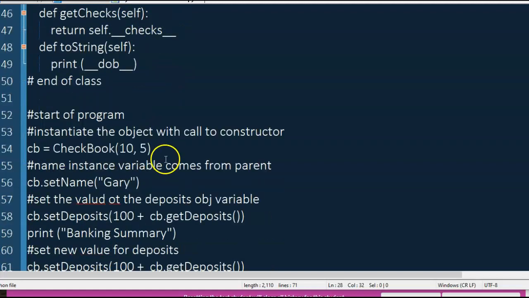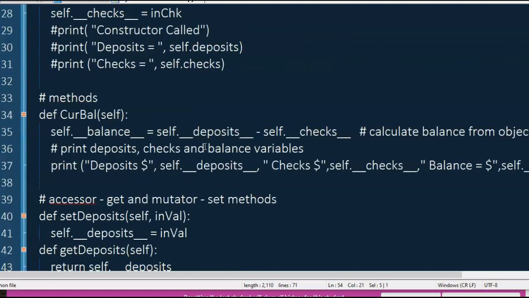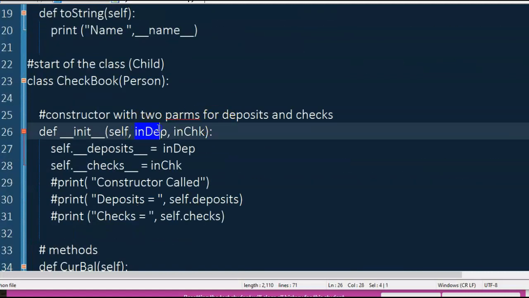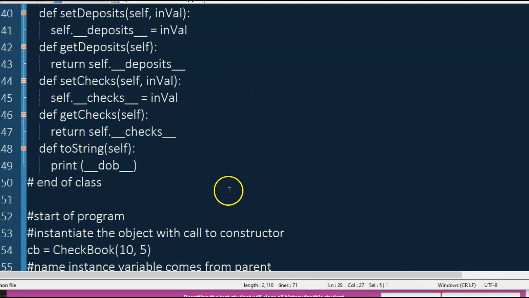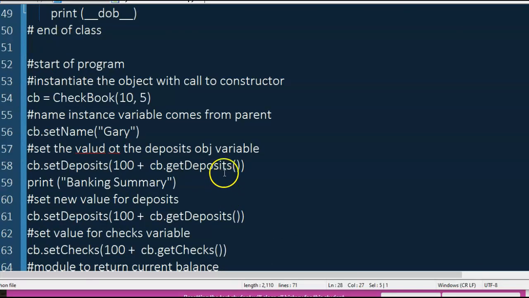Here we go with our first instantiation of checkbook. It's going to instantiate a checkbook with the name of CB. That's the variable. Notice how it's passing the value of 10 and 5. This is used by the constructor to set the initial state of the class object. So rather than going out there and saying CB equals checkbook and then set deposits to 10 and set checks to 5, it's going to call a constructor. And up here in the constructor, you'll see it accepts two inputs, deposits and checks. Then it's going to set those private instance variables to be those values. So it's a quick way of getting that initial object with some base initialized values, in this case